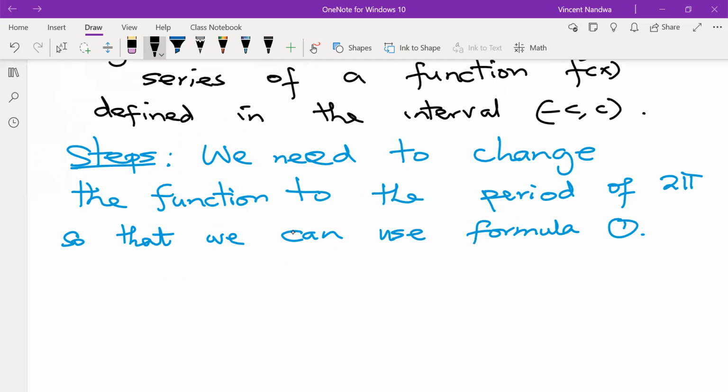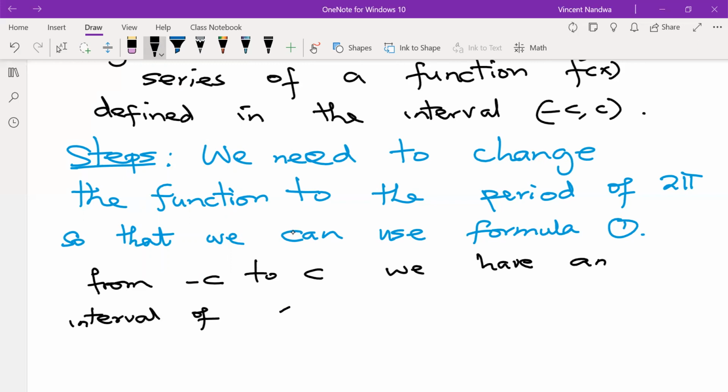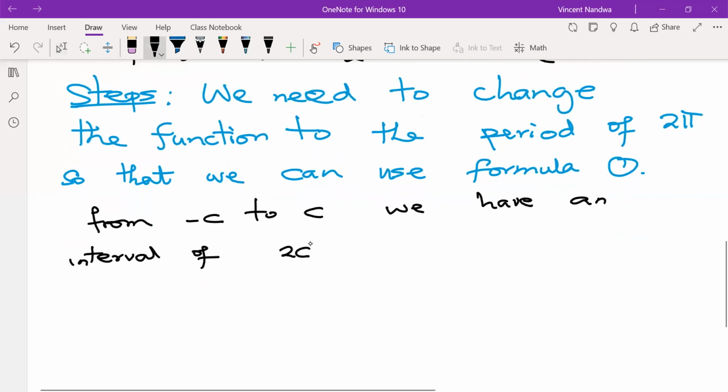So we know that the space from minus c to c is 2c units. So remember the function you're dealing with is defined from minus c to c. So we say if